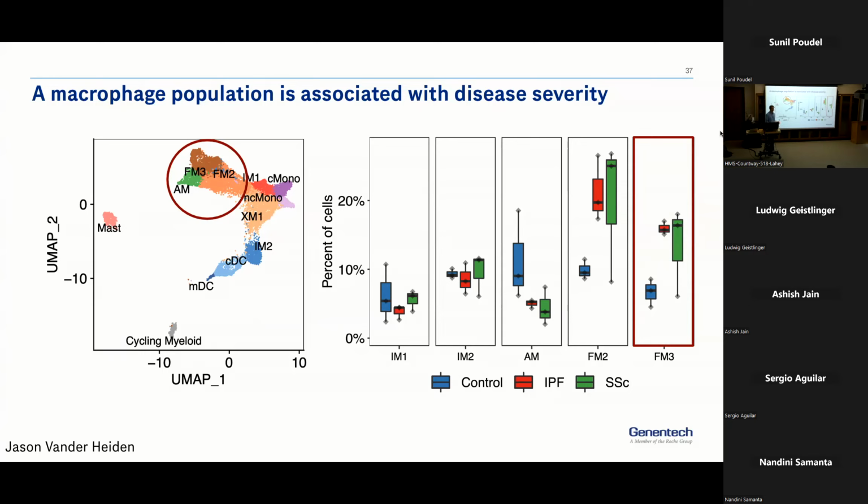What are these cells doing? Are they protecting the lung against further disease? Are they driving fibrosis? So what we can do is we can apply this framework to these cells. We can take these FM3s, basically reduce it down to the typical FM3 profile, or like the centroid of that cluster. And we're going to treat that as our one cell in this case, and we're going to try to find similar cells to that.